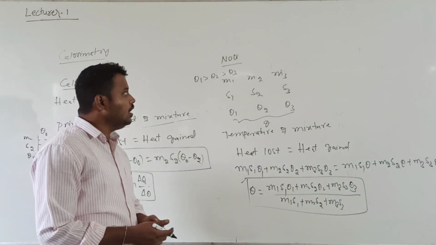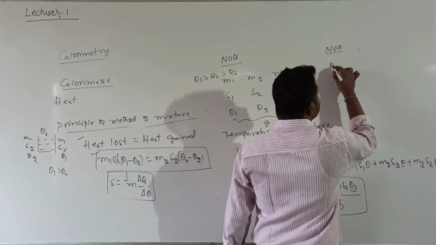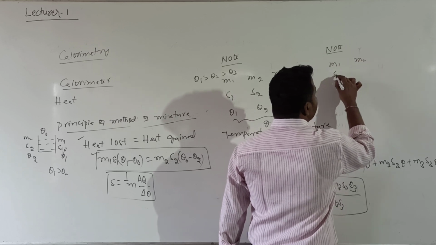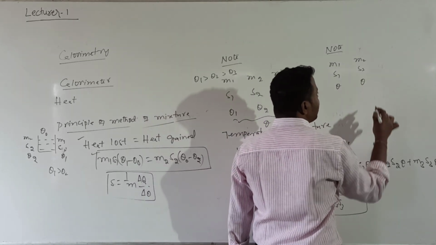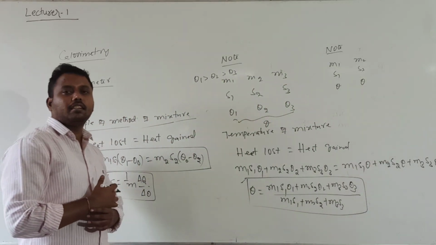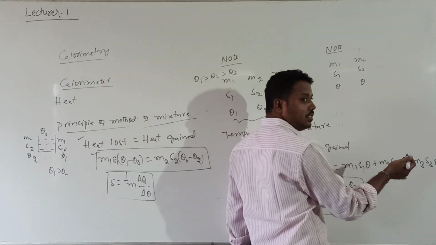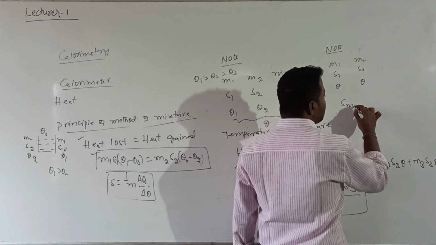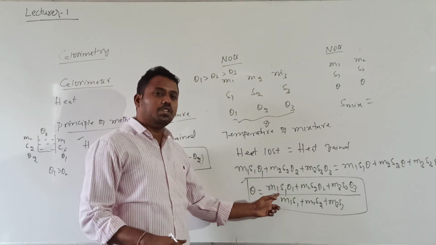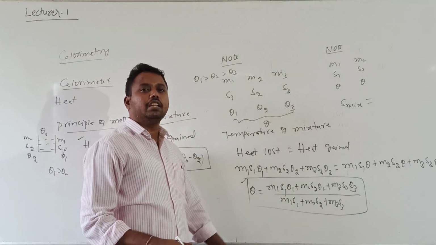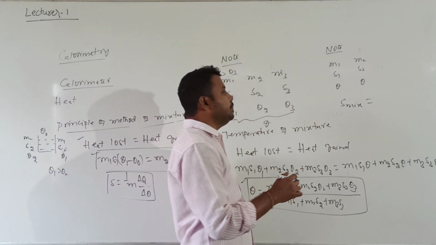Now, one more important formula under this node: when two liquids of masses M1 and M2, with specific heats S1 and S2, are both at the same temperature theta and are mixed, I want to calculate the specific heat of the mixture. It is S mix. Same formula only. What should I take here? Theta 1 is equal to theta 2 is equal to theta 3. Correct? All are the same. Then I will get the S mix value.